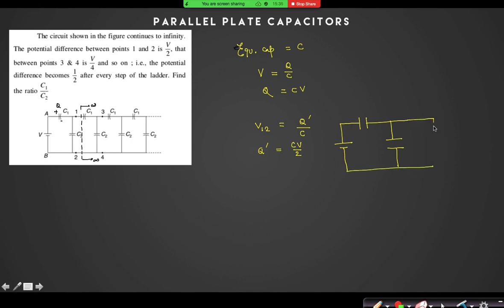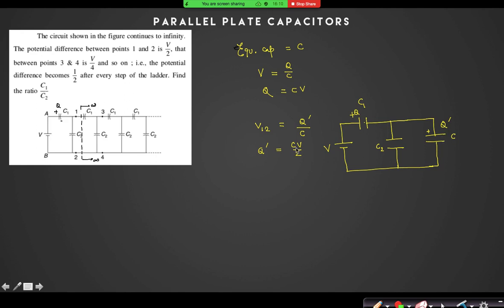This one, right? So here this is V, this is C1, this is C2, and the equivalent capacitance, this is also C, right? We know that this charge is plus Q and this charge is Q prime, right? What is Q prime? Q prime is the total charge that is entering in that circuit, right? So total charge in that circuit is Q prime.